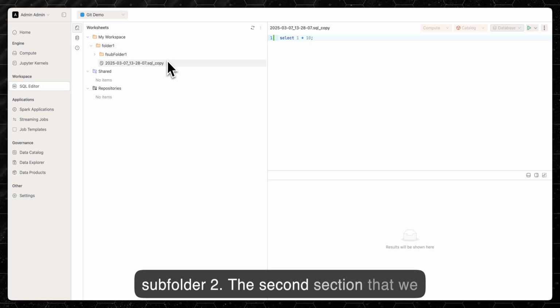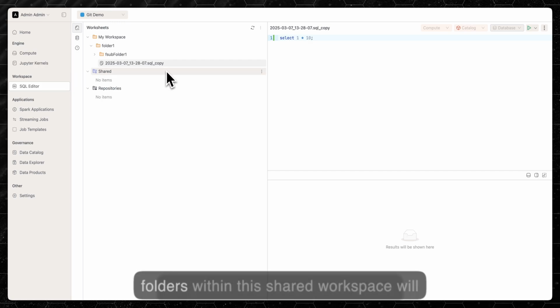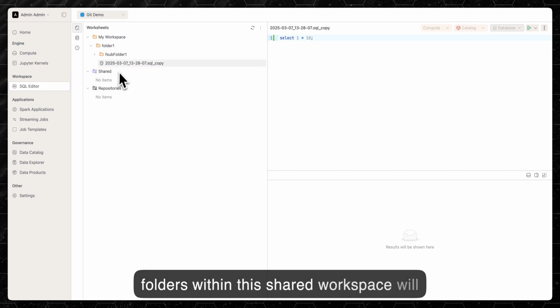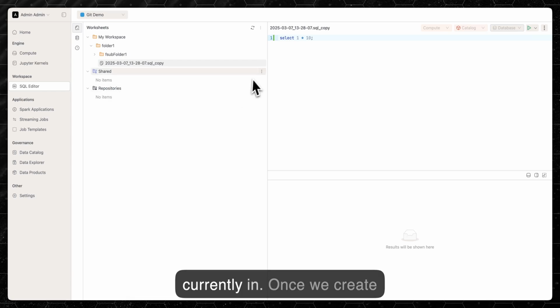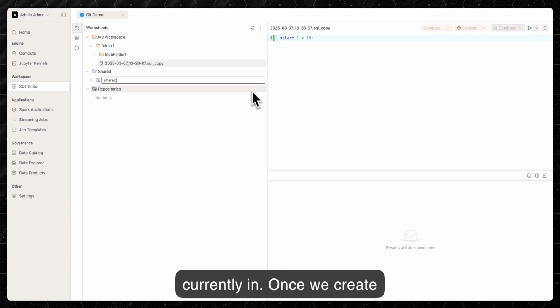The second section that we have here is shared folders. These folders within this shared workspace will be available across all users that are part of this particular domain that we are currently in. Once we create folders within shared folder,